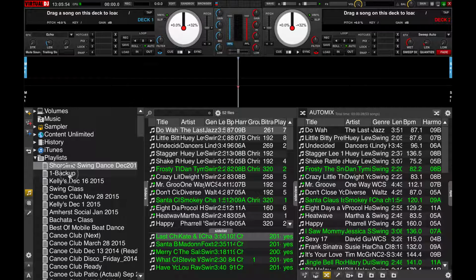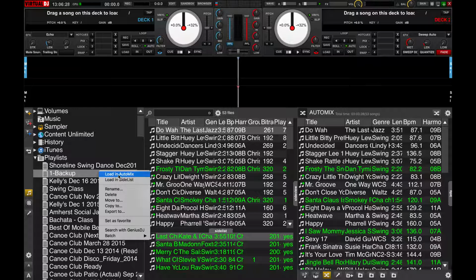And that's it. So now what I have here, you see this, my search pane is not changing at all. The reason it's not changing is because this file and this file are exactly the same. So if for some reason this file, my shoreline swing dance file, got corrupted, or I accidentally deleted it, or I wrote over it, I saved something else over it, I can always go to my backup playlist, okay, and I can bring this back, and then load this into my auto mix,